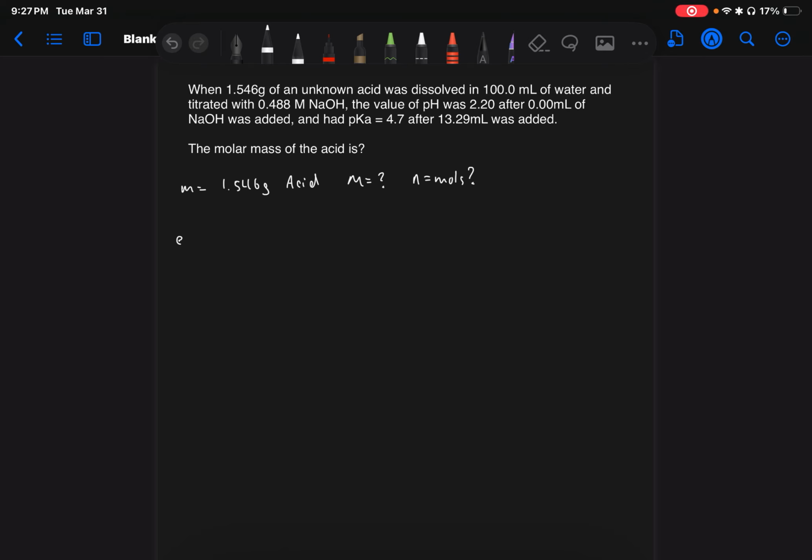So because of that, we know that the equivalence point is at 13.29 mL multiplied by 2 of NaOH. So what's 13.29 multiplied by 2? Let's find that out. That is